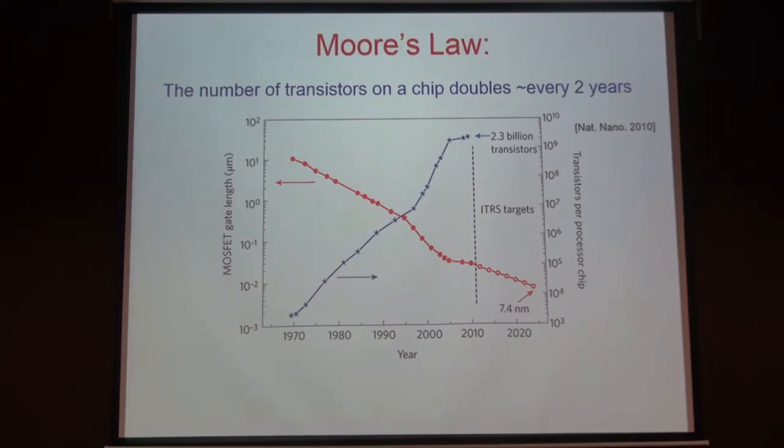So you see that the number of transistors on the chip roughly doubles every 2 years, or you can imagine the size will shrink every 2 years, and if you extrapolate this trend, roughly, we don't know how it really behaves, but let's try to give an estimate. It seems that the scale of 1 nanometer will be reached at the year 2037, roughly. We don't know how it will go, but that means